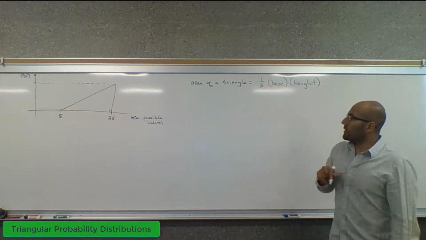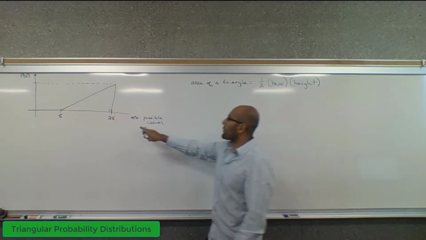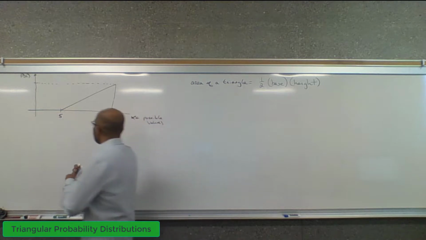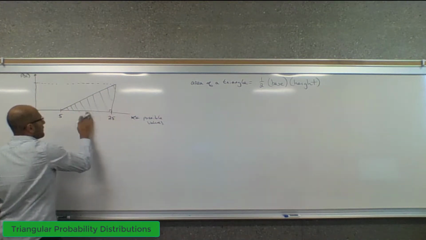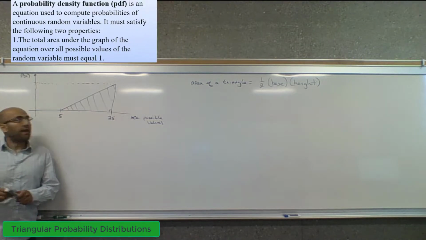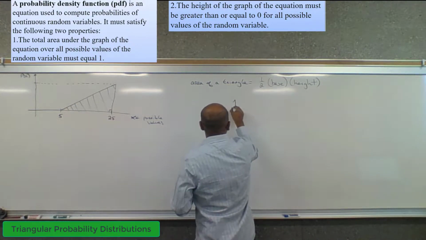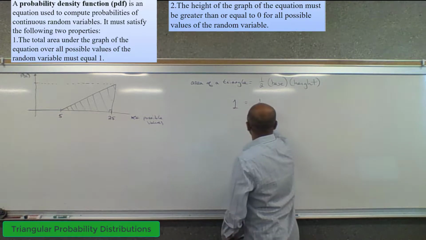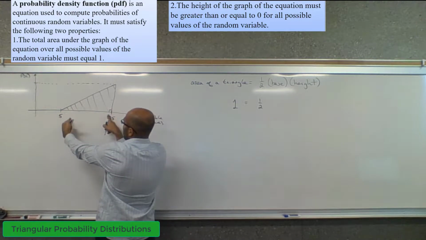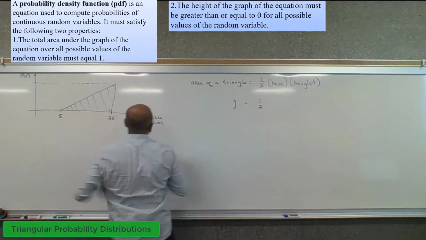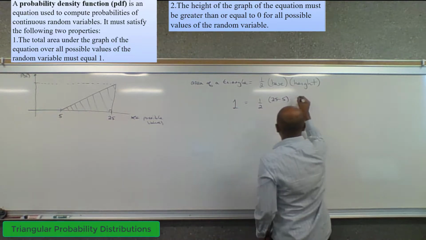In this case, to make this a proper probability distribution, the area of this triangle has to be 1. So 1 must be equal to 1/2 times the base, which is 25 minus 5, or 20,